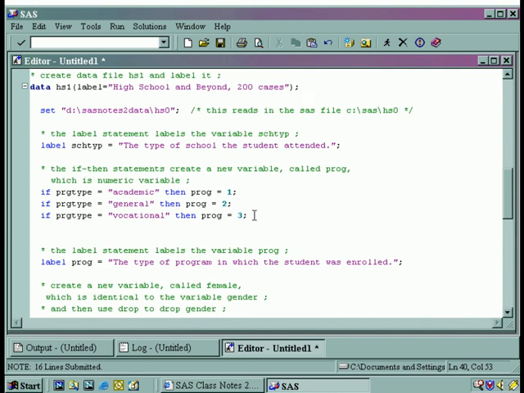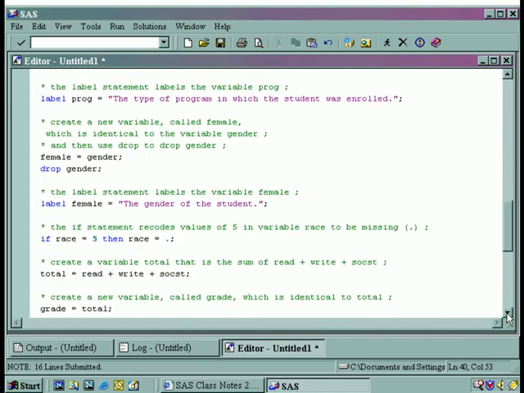Okay, if I were to have missing data values here, they would come over as missing in this new value simply because I haven't assigned anything to missing values from this variable right here. Okay, so this is the creation of the numeric variable. Right here, we're going to label that new numeric variable. And now we're going to move on down,